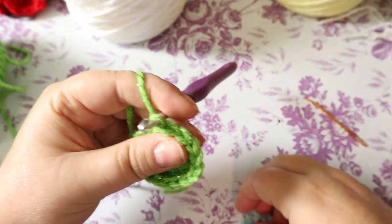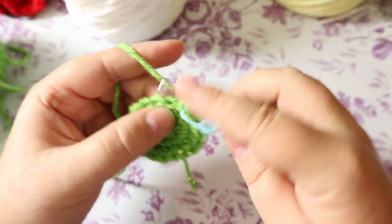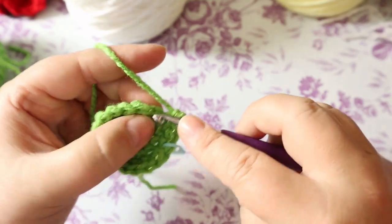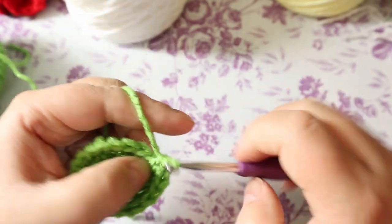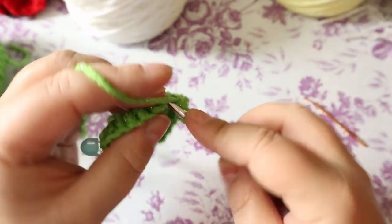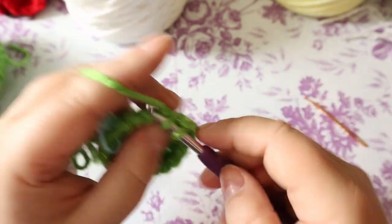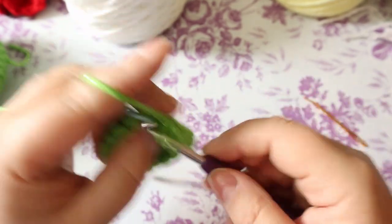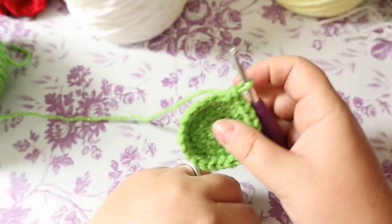Your next round is going to be 2 single crochets and an increase. That's number 1. Number 2 and an increase. So for the next 2 rows,